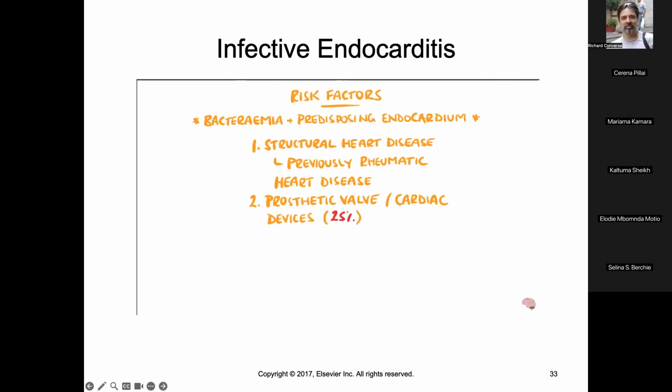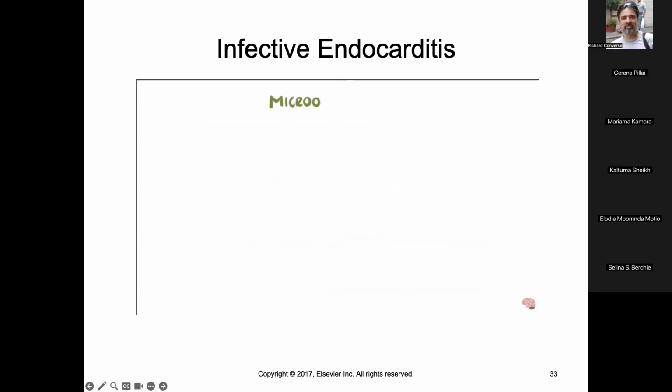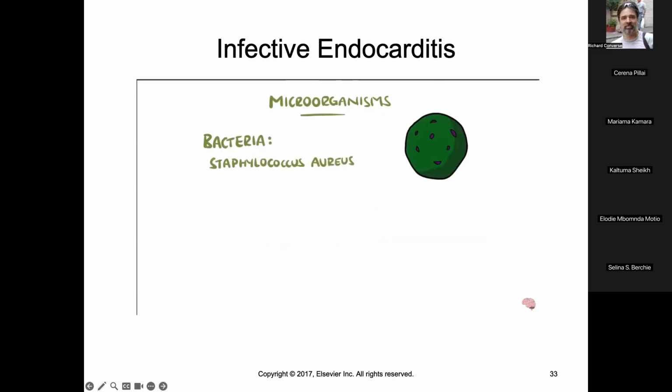of infective endocarditis. Underlying congenital causes of structural heart disease were present in around 12%. Other factors include intravenous drug use, an immunocompromised state, which can allow bacteria to reach higher concentrations in the blood. Another major factor is exposure to healthcare settings, which is thought to account for 1 in 3 cases in the developed world. As we said, the infection is usually bacterial, and the most common causative microorganism varies by country, generally